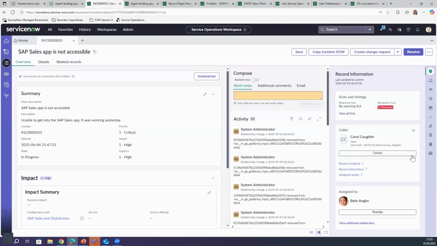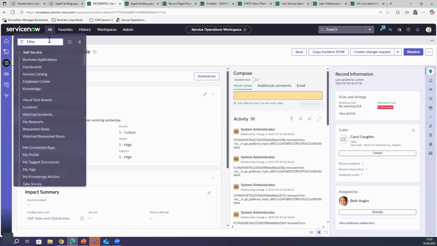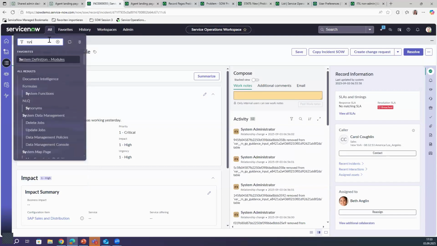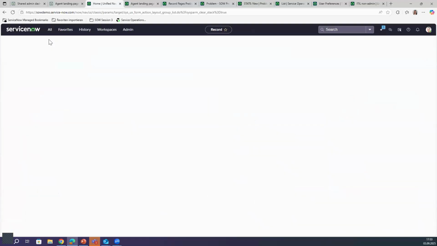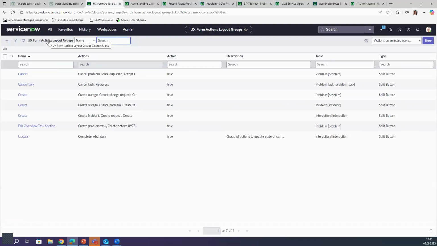So if we want to look at how this is configured, we can go here and type sys_ux_form_action_layout_group, point list. And if I go into create for incident,